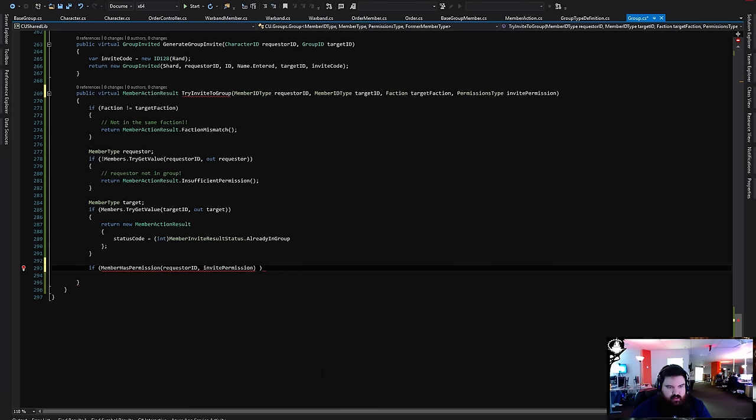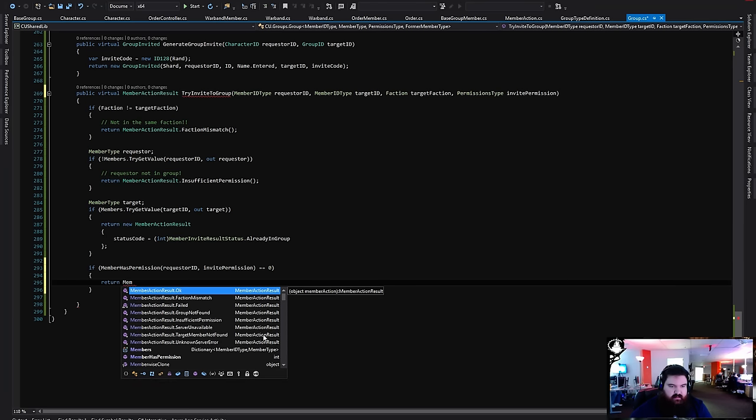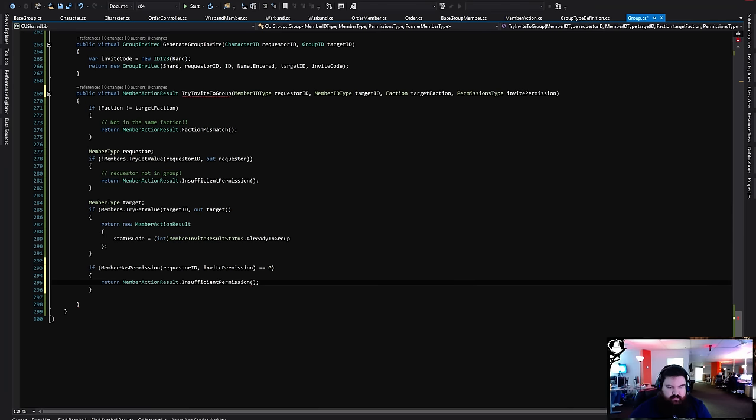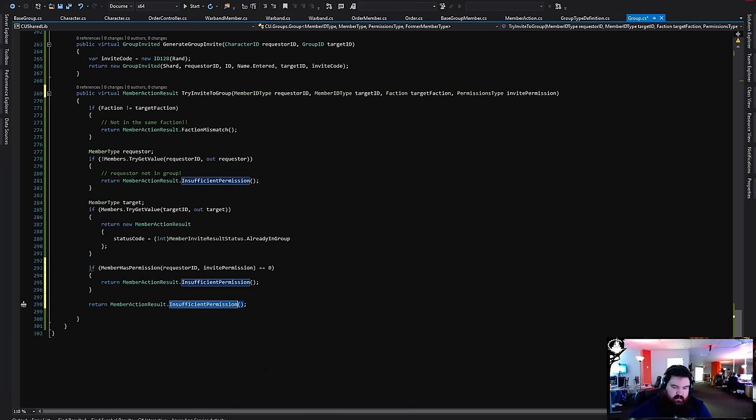You guys talked about that. If it is equal to 0, then you don't have permissions. And we should generate the invite as well.